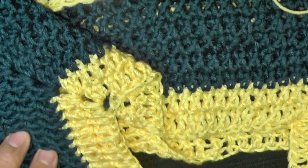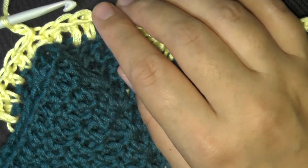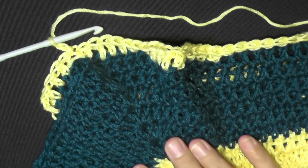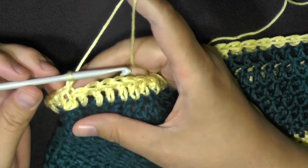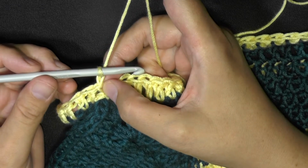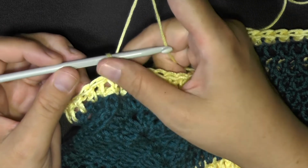Okay, whoa. So for row 10, you're going to be coming back up to the beginning again. After your decrease round on row 9, you're going to slip stitch back in the beginning chain, and then chain 2. Now this is where it gets easy. Now you want to go ahead and place a marker